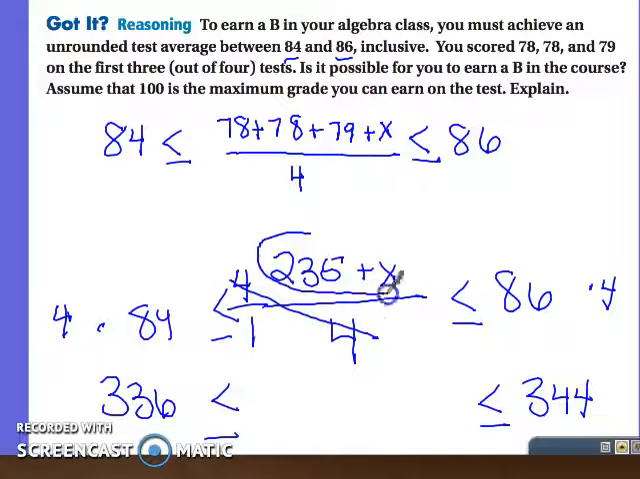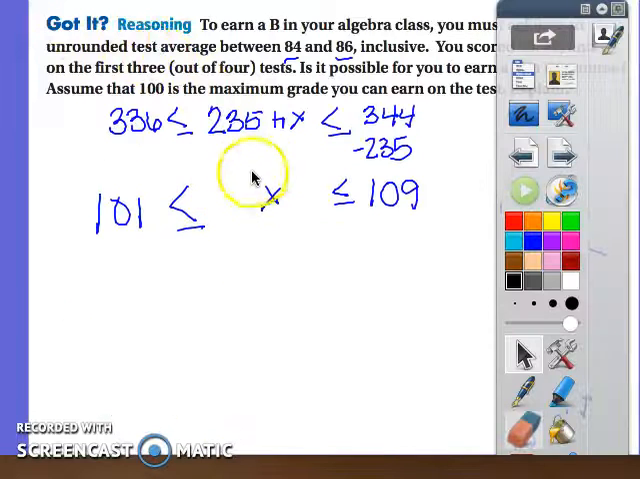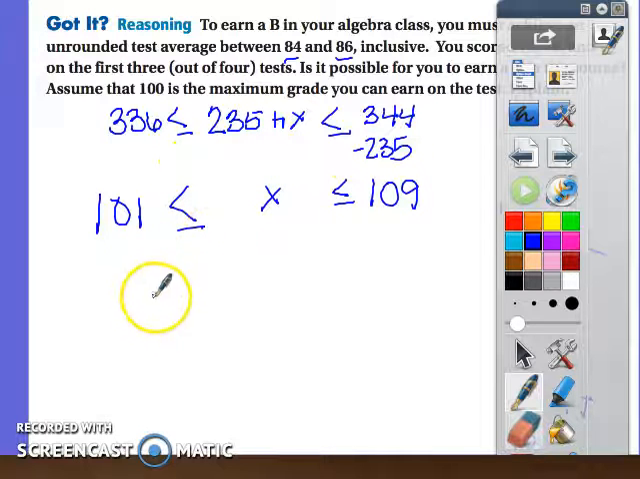So now all I have left is this top, 235 plus x. So this is what x, or my last test score, should have to be so that I will score between an 84 and an 86. Okay, so I would subtract 235 from both sides, and I would get, okay, I worked the problem out, and I have to subtract 235 from both sides, and you see that x would have to be between 101